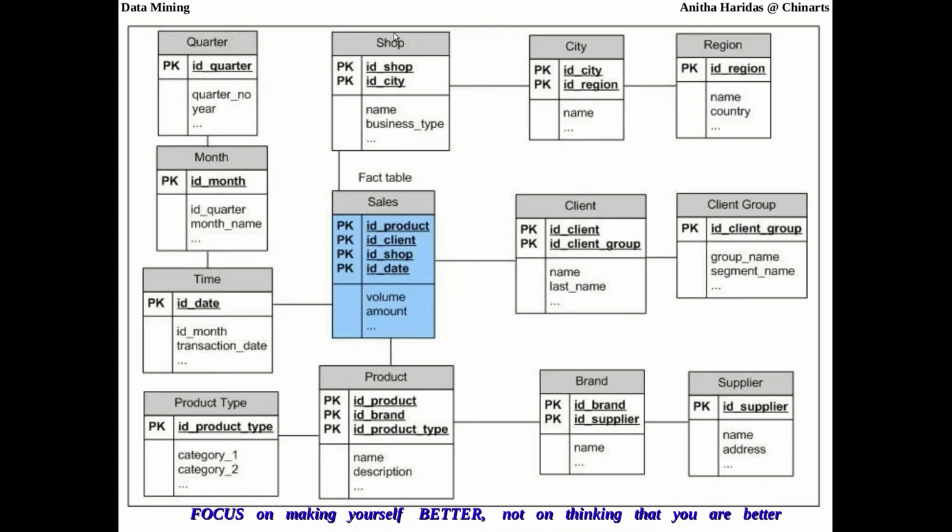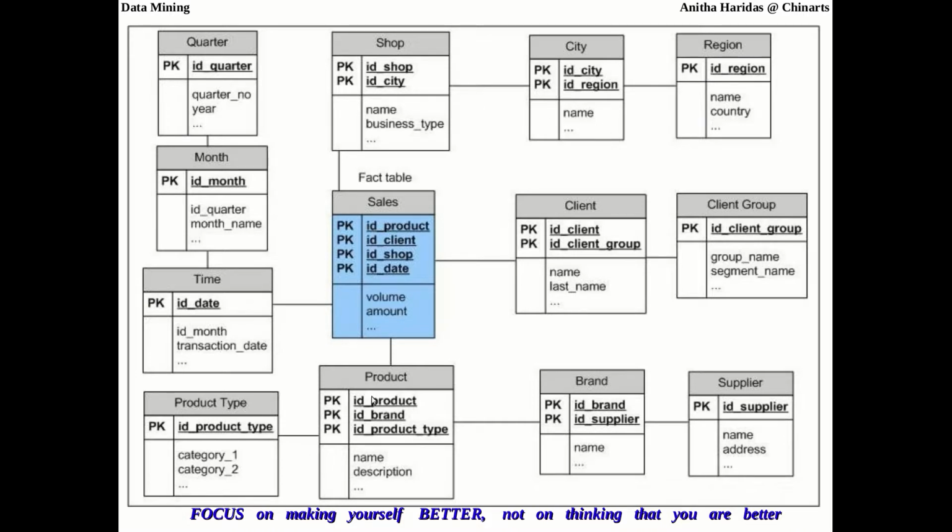Now the shop details are further divided into different dimension tables like city and region. Earlier in the star schema, the city and region are clubbed into the shop table itself. Now the city details and region details are separated into additional tables, because we are normalizing the dimension table.